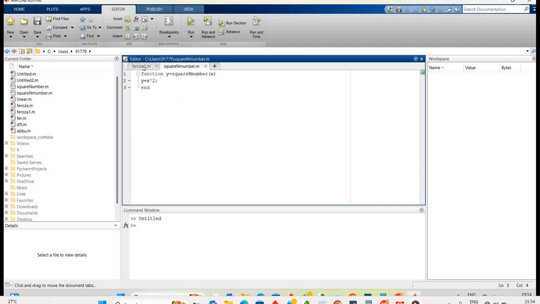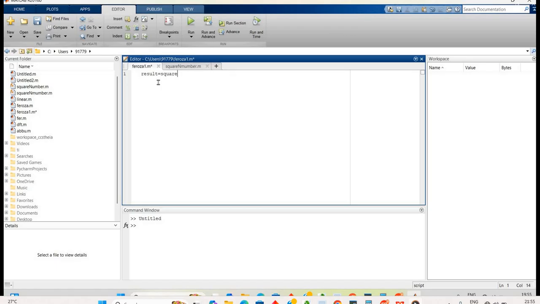Next we'll go to our main script, and we will call the function which we have written in the squareNumber script. Now result = squareNumber.